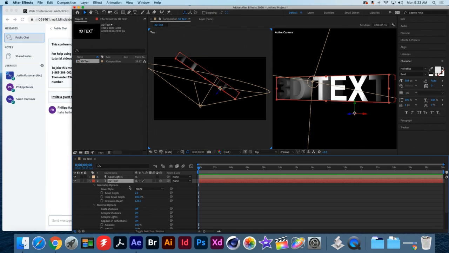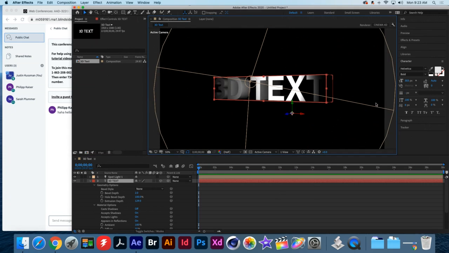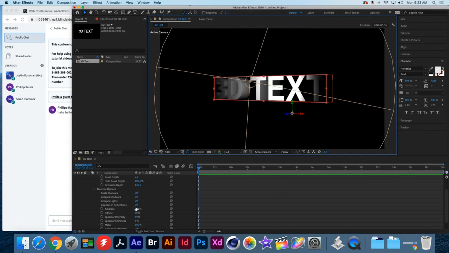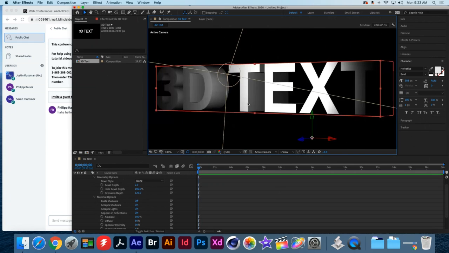So for instance, I'm going to go ahead and swap this back to 1 view. And I'm going to start messing with some of these options here, okay? So by default, one of the things that's really important with your 3D text here, okay? So let me zoom in on this a little bit. By default, there's no beveling turned on, and my material doesn't do a bunch of stuff by default to save my computer some resources. Generally, what you want to do right out of the gate is give this thing a bevel